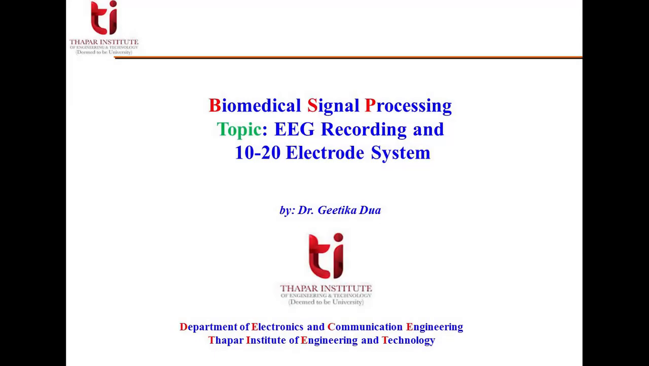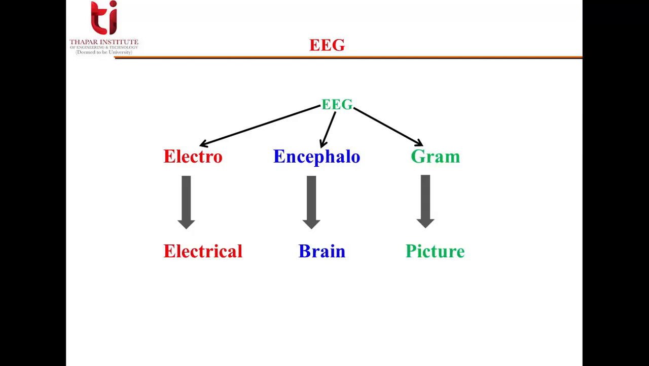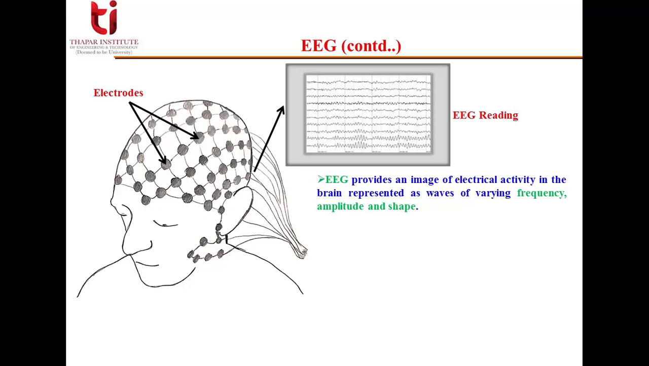Hello friends, this lecture is on EEG recording and the 10-20 electrode system. As discussed in the last lecture, what is EEG? That is electroencephalogram, meaning electrical brain picture, or in other words, the mapping of the electrical activity of the brain. EEG provides an image of electrical activity in the brain represented as waves of varying frequency,